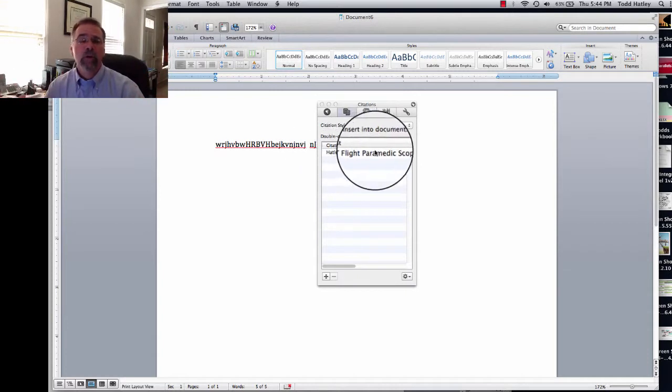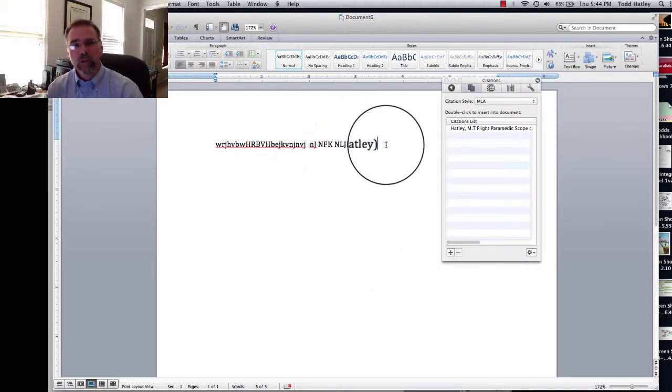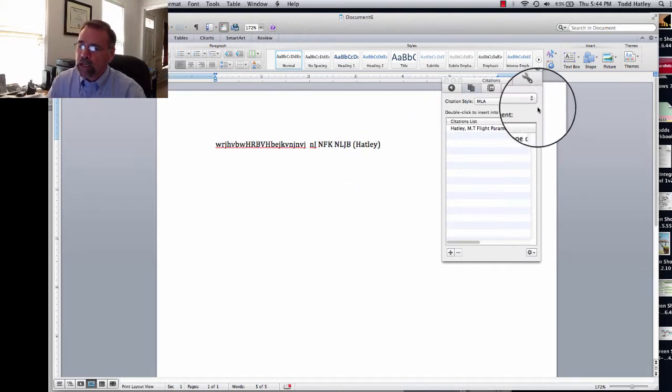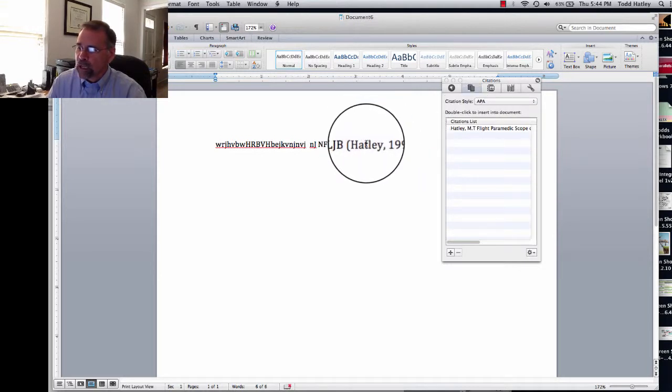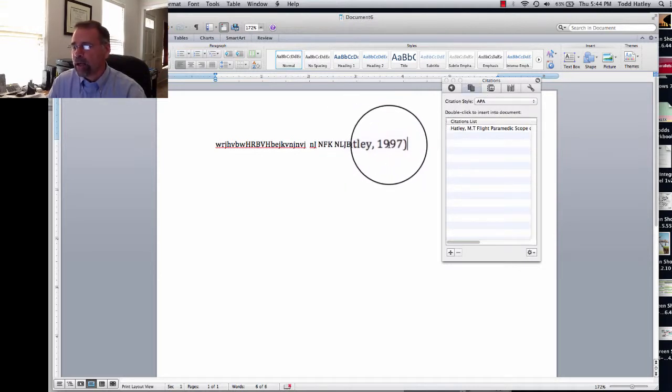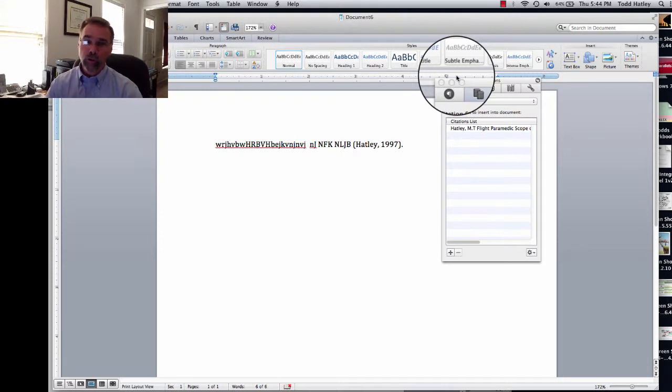Now, every time I utilize that reference, it's already in place. So instead of me typing all that information, when I need to add a source, I can actually just say that I want to add the source like I did here, click on this, and it'll automatically put it in. Also, you can see if I change the format, right, it changes the format the way it should be in terms of your document. So a little trick that means a tremendous amount. Now, the one thing I'm not sure of, because I haven't used this version of Word on my Mac enough yet, but